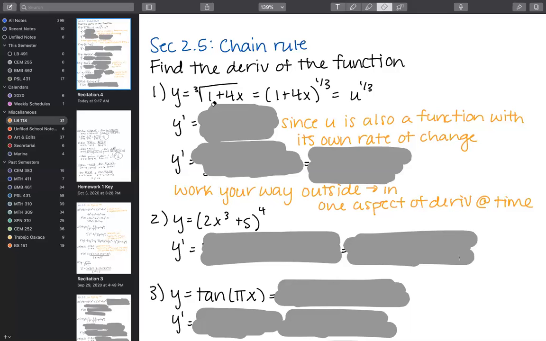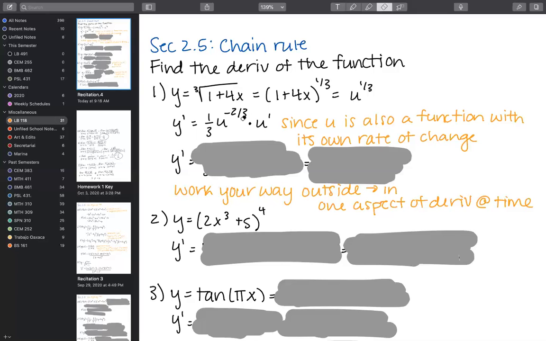So moving on. This is again just a symbolic representation with the u substituted for this function here. We're going to do the power rule first. We're going to drop the 1/3, subtract 1 from the power, and we get -2/3. And then we multiply by the derivative itself. So that's the chain rule. The derivative is a chain and it builds off of itself.